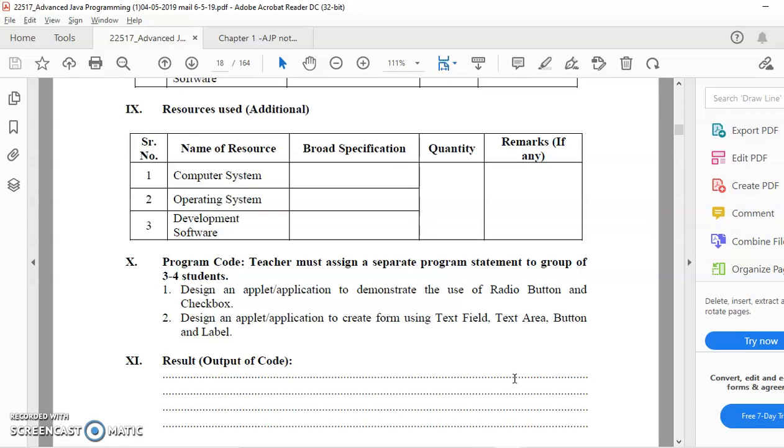In order to demonstrate this control, we'll create a radio button to accept the gender from the user, male, female, and we'll use checkboxes to accept the input regarding their hobbies. So these are the two inputs which we want the user to provide. One is provide your hobbies by selecting the checkboxes, and provide your gender by selecting one from the given radio button.